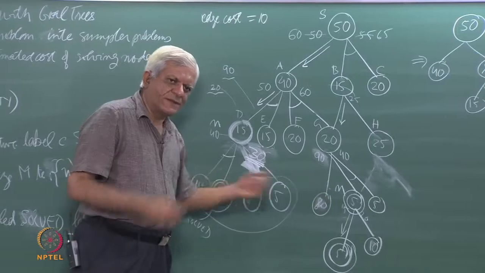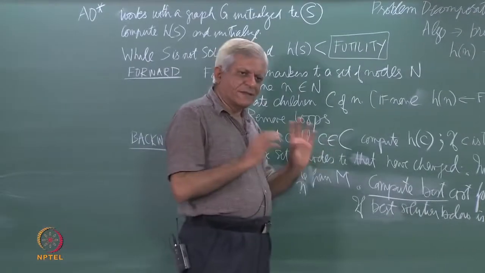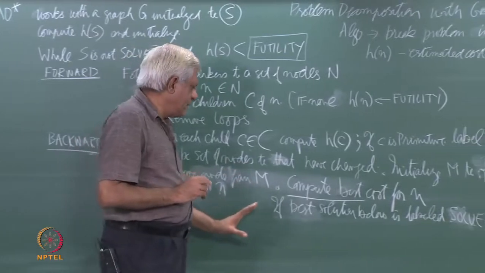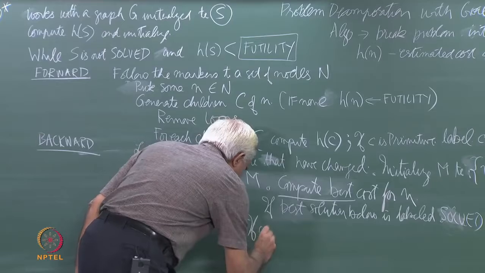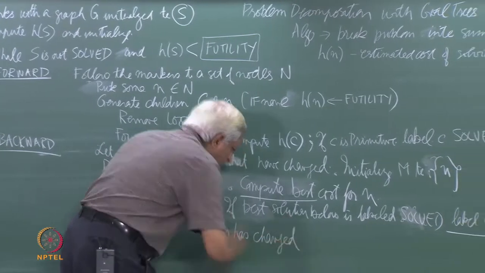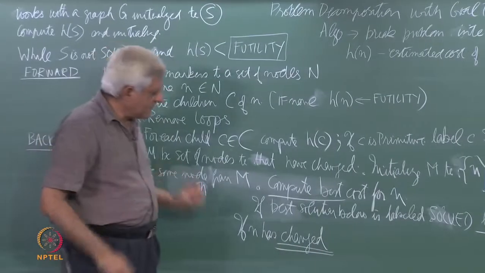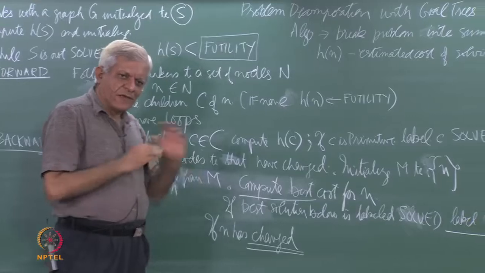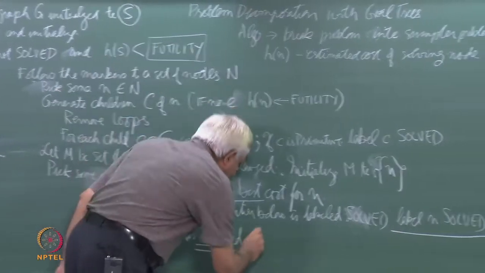So, either a change of heuristic value or the application of the solved label means that the node has changed. I am using this as a kind of technical term that you have to have a test for. If n has changed, then